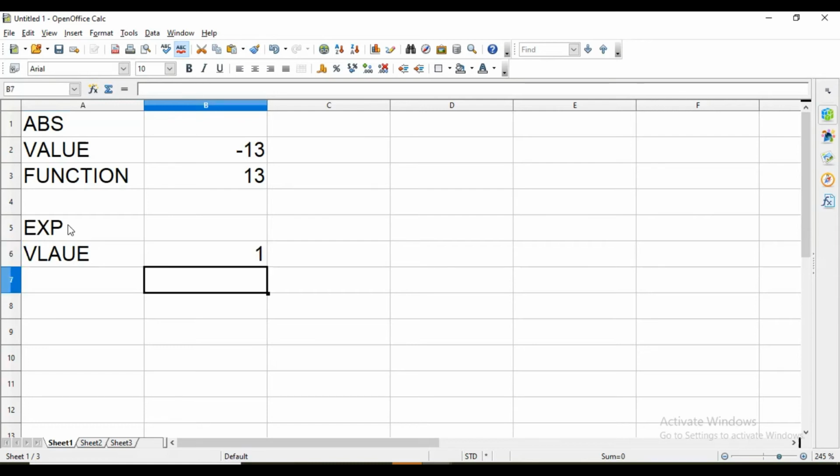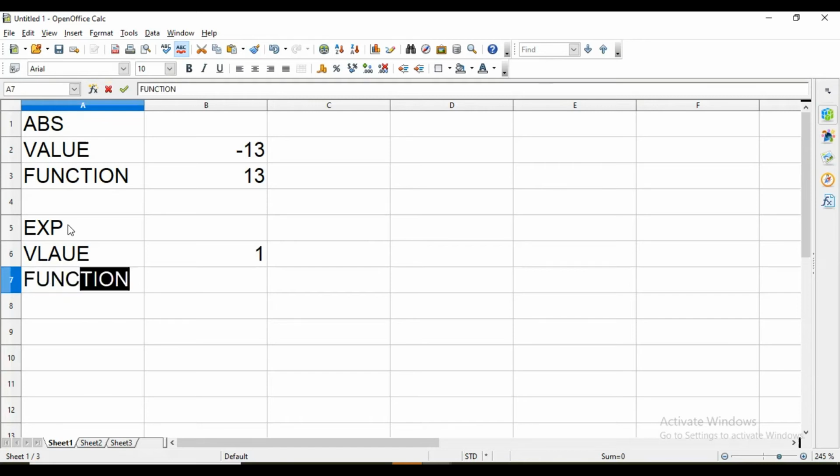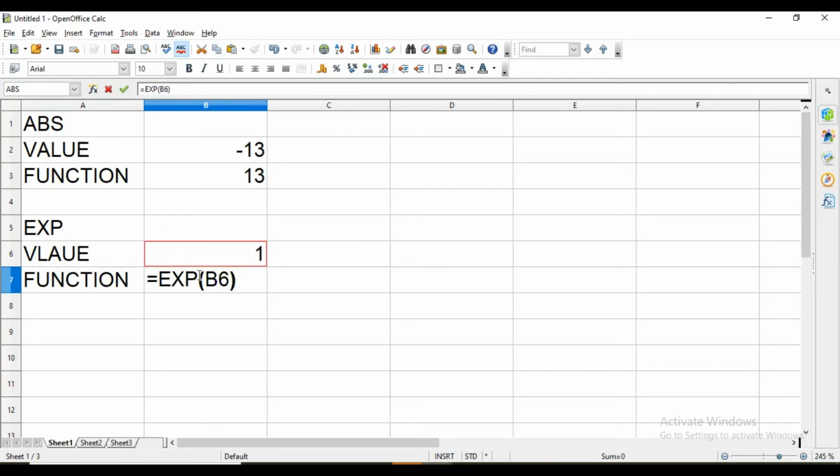For example, I am taking value 1 and here function is equal to EXP and then value which is there. Now one more thing you have to keep in mind, that is this function name is not case sensitive. So you can write this EXP as small exp also or capital, it will work. This is exponential value of 1.